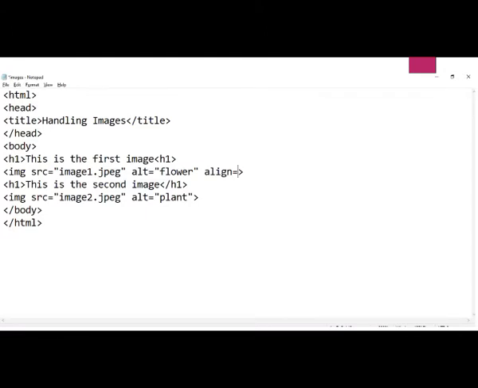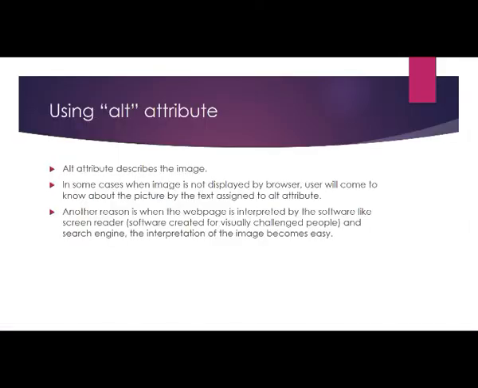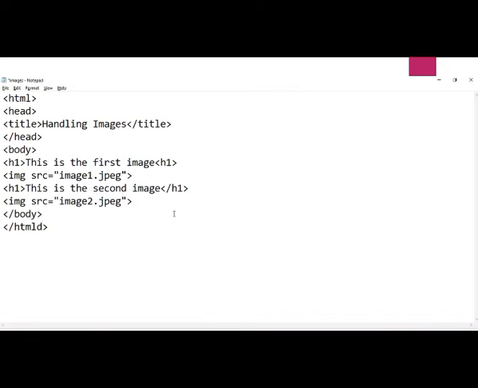So now let's include the alt attribute in our image element. We know that to use an attribute we must leave one space after the element name, or if we have used another attribute we have to leave one space after that. So here after src and the location of that image we are leaving one space and typing alt is equal to, then in quotes we are writing some text. This text will become the alternate text for this image.